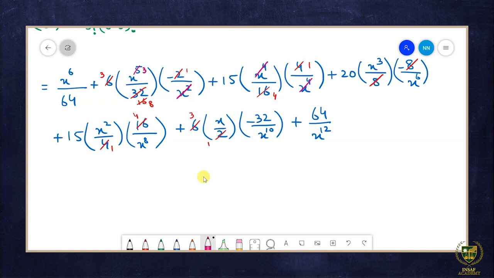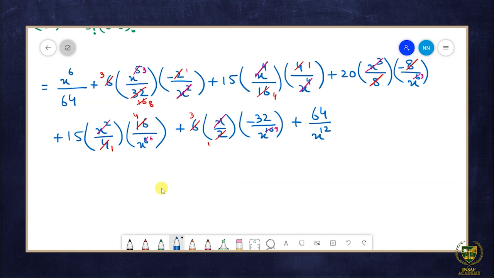अब यहाँ पे x क्यूब के साथ हो जाएगा कैंसिल और डिनोमिनेटर में ये जो x है इसकी पावर आ जाएगी 3। नेक्स्ट x स्क्वायर के साथ कैंसिल होगा और डिनोमिनेटर में ये जो x है इसकी पावर हो जाएगी 6। उसके बाद x के साथ कैंसिल होगा और यहाँ पे x की पावर हो जाएगी 9।